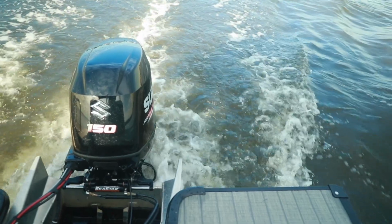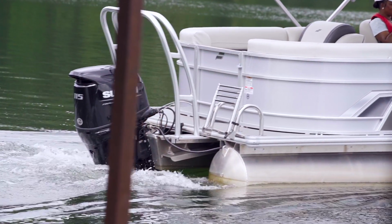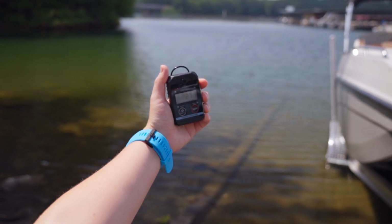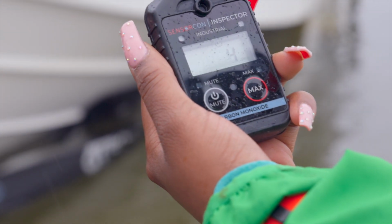Gas engines produce carbon monoxide, which can accumulate in and around your boat. There are precautions you should take to keep passengers away from engine and generator exhaust elements. Having a portable carbon monoxide detector on board will alert you if there are dangerous levels. The symptoms of carbon monoxide poisoning resemble seasickness, so a detector is an important safety device to keep your passengers